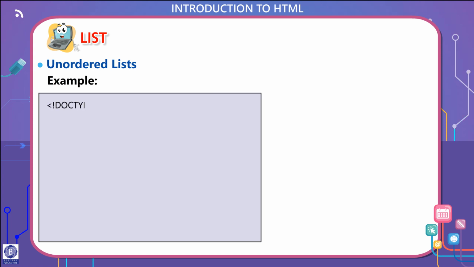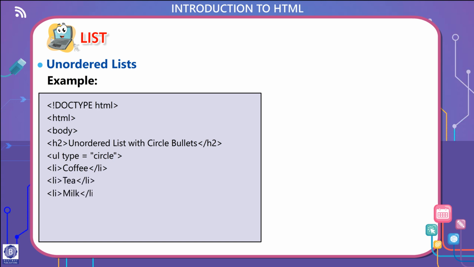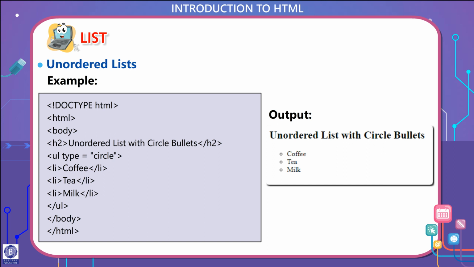Example: doctype HTML, HTML, body, H2, unordered list with circle bullets, /H2, UL type is equal to circle in double quotes, LI coffee /LI, LI tea /LI, LI milk /LI, /UL, /body, /HTML. Output in front of you. The bullets are in the form of